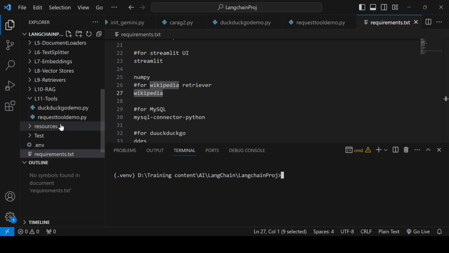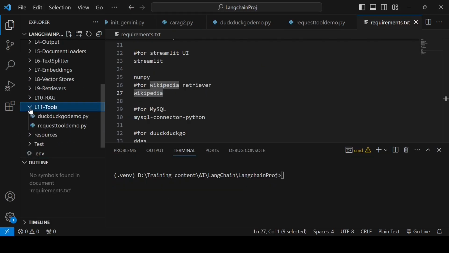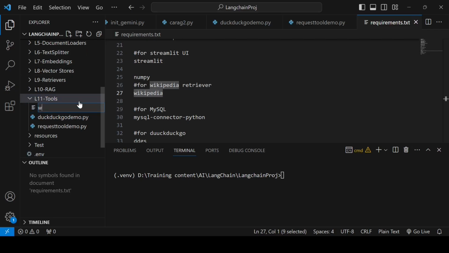So we'll use one more built-in tool actually, not create a tool, which is the Wikipedia tool. For that, I'll create a Wikipedia tool demo.